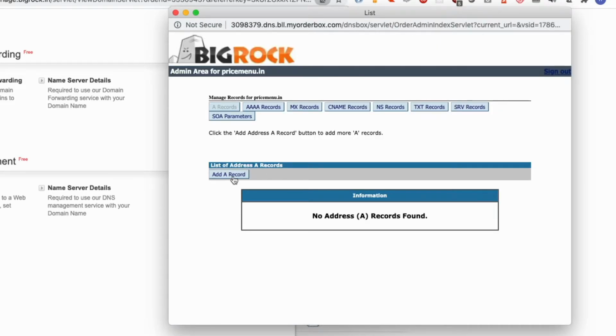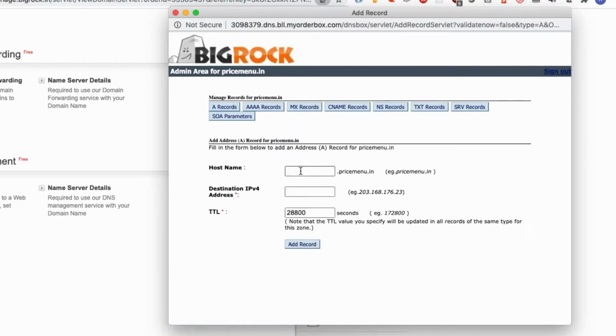What I'm going to do is create three A records. First one is www, and this is going to point to my server IP, which is 15.206.229.72.